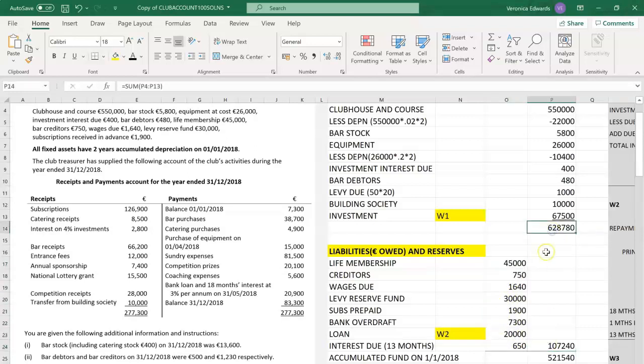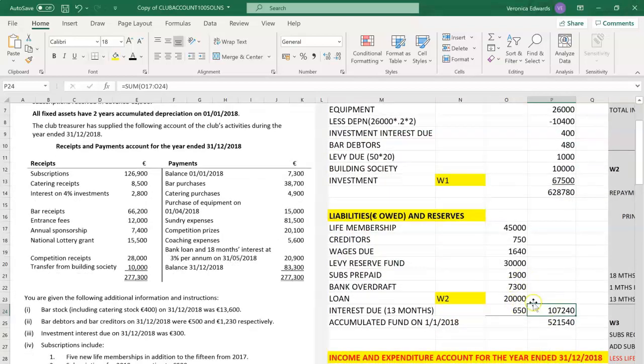So if the club owns assets worth 628,780 and they owe 107,240, where did they get the rest of the money from to own all these assets? They must have gotten the rest of the money from funds that they have accumulated over the years. So in a lot of cases, that will be the profit, accumulation of profit that the club has earned over a number of years. So in this case, that's